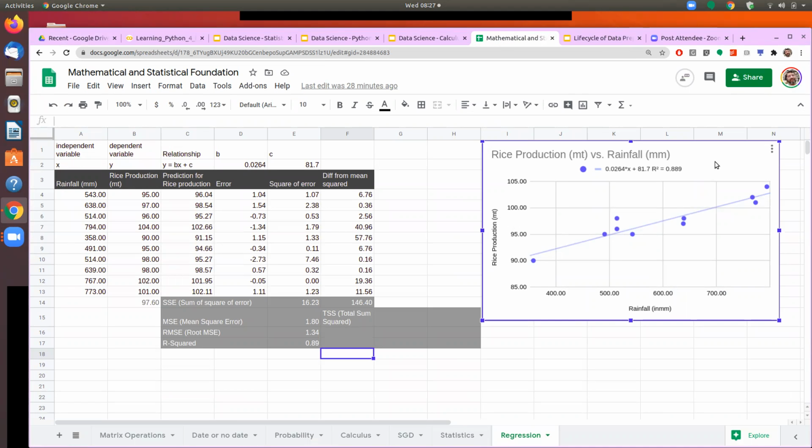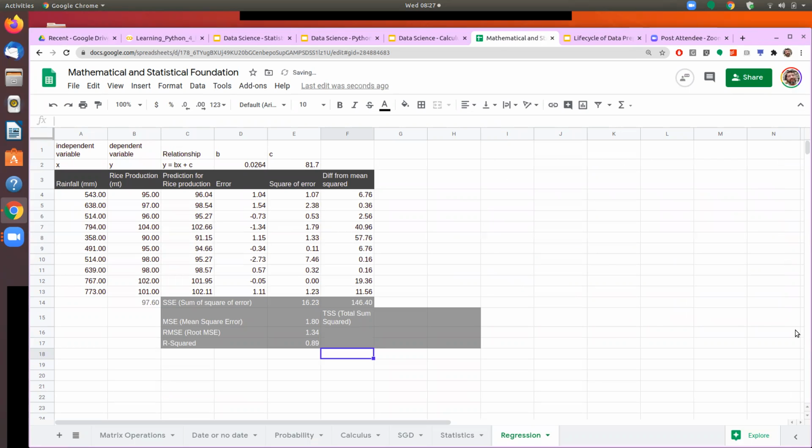So I'll remove this and demonstrate once again how I did it. The process would be more or less the same in Excel, but a few things could be different. In Google Sheet, I find it very handy because it's all available on the cloud. It gets stored on the cloud. I don't need a local installation of anything, and it works very well.